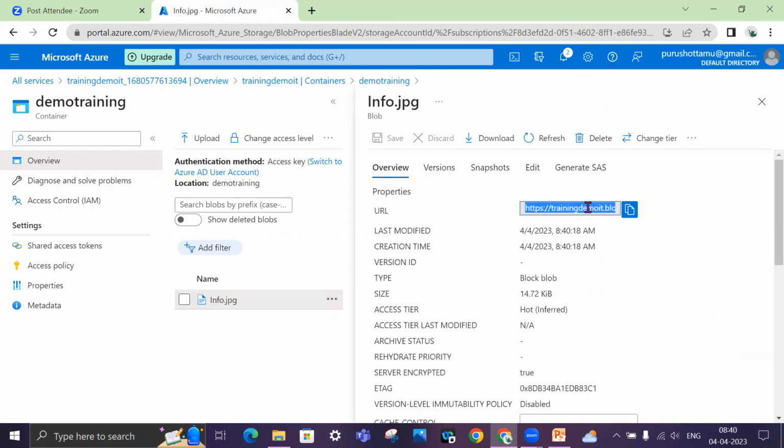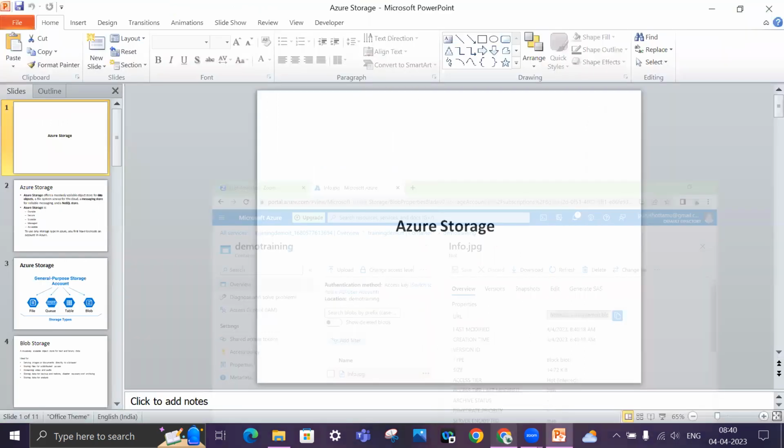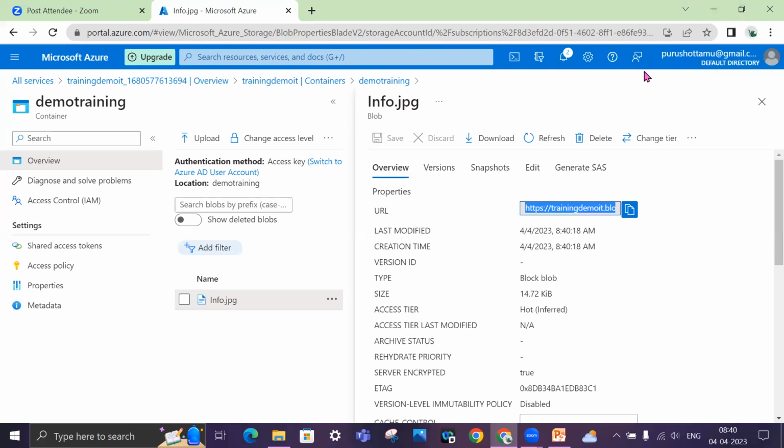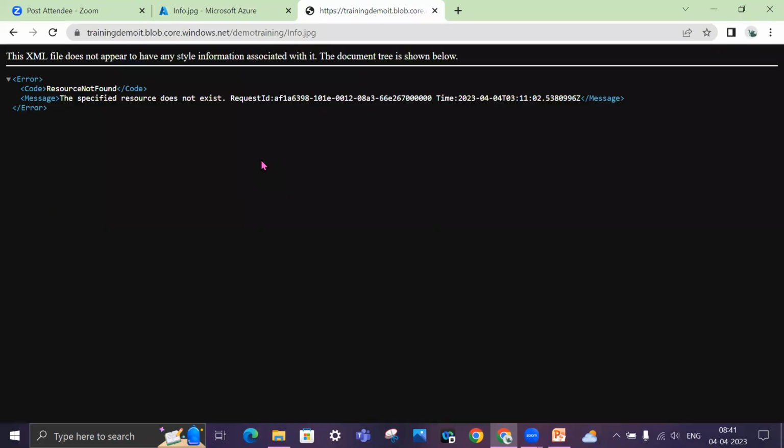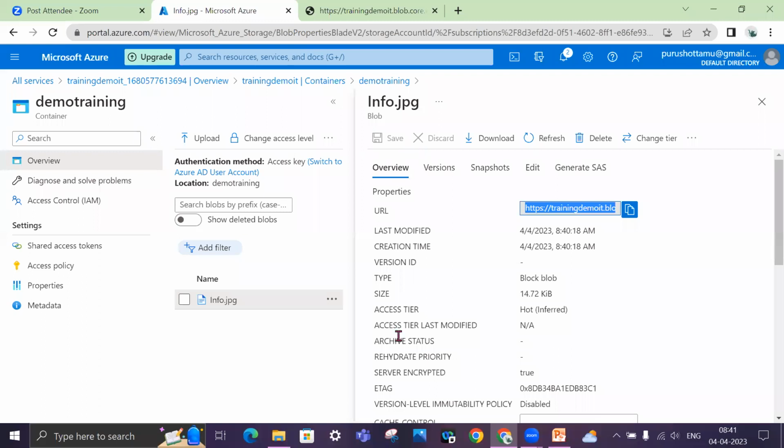If you see, right now it's saying the specified resource doesn't exist. Why? It's already there. The reason is it's not exposed for access outside because I kept that container as private.